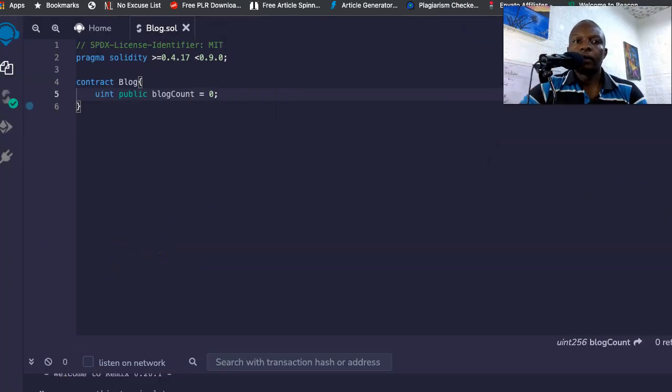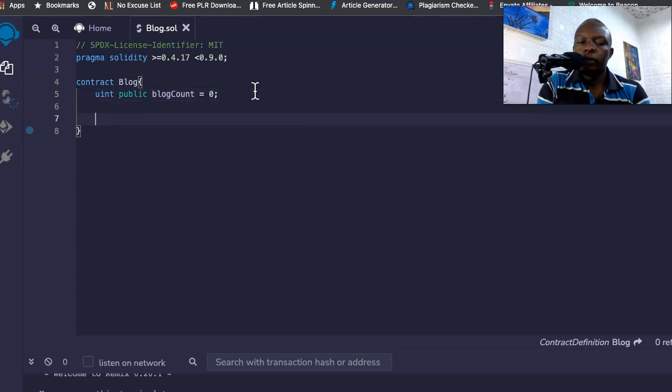All right, guys. So write this, and the next thing we're going to do is to write the content of the blog post. So we're going to call struct. In Solidity, just like in some programming languages, struct is a general kind of variable type that you can define other variables inside. Okay, so a post is going to have, for a start,